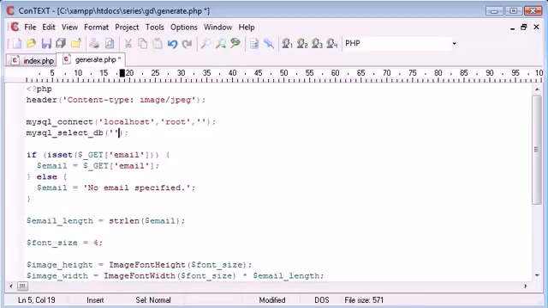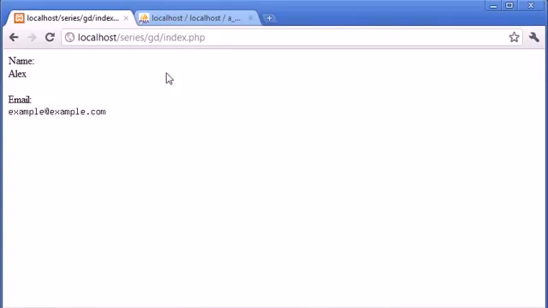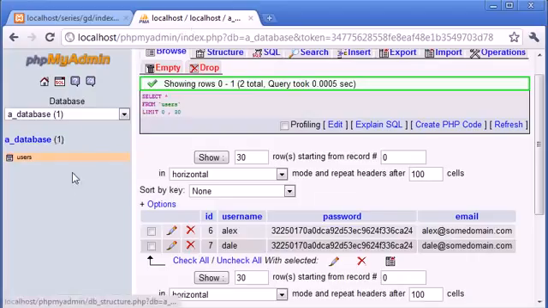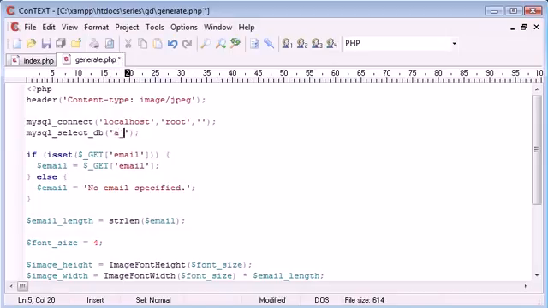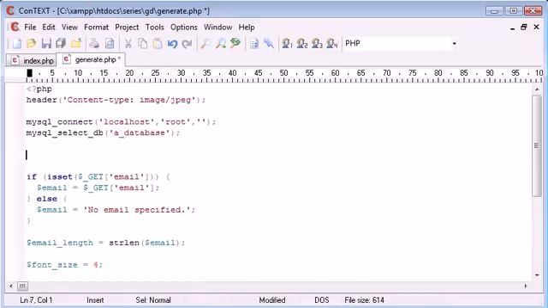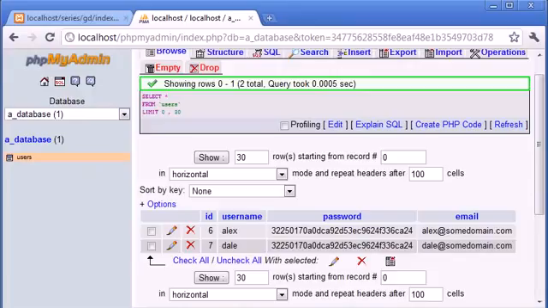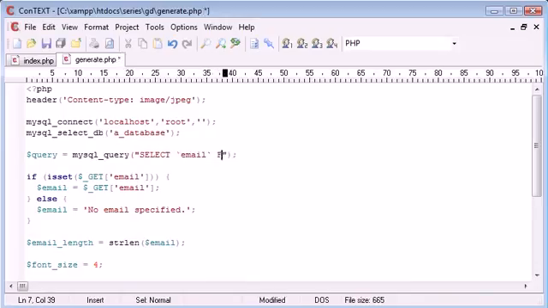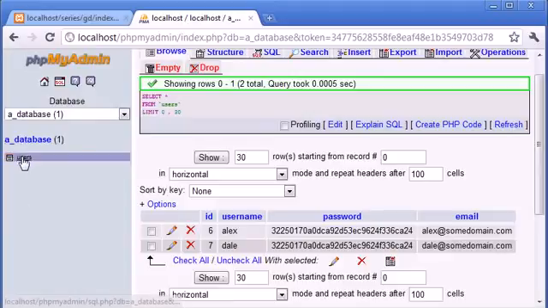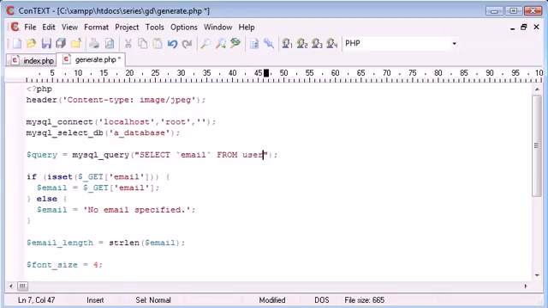So what we're doing now is we're selecting the database, which I believe is called a_database. Now let's perform a query, and this is going to be mysql_query, and we can say SELECT email. So we're selecting the email field, which is here. So SELECT email FROM, so what's our table called? Our table's called users. So SELECT email FROM users,